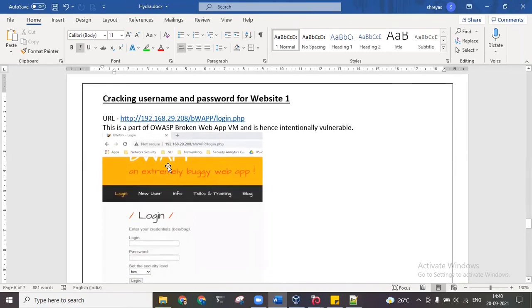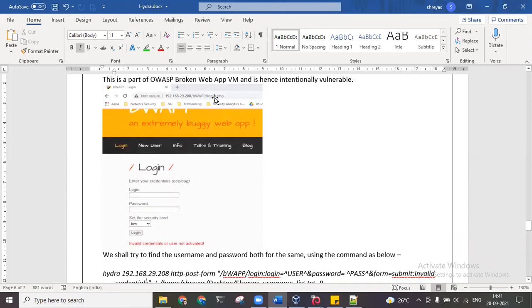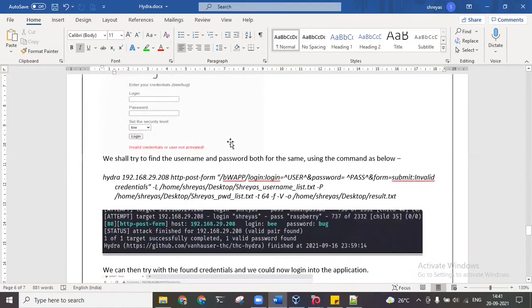Suppose we navigate to a URL: there's a separate login page and a separate home page. So this is the IP address slash bwa/login.php. Now when we go to any website, give the username and password, click on submit and it goes to the next page, there can be two methods. In some old websites, the credentials were passed on the URL itself. That was using the HTTP GET method.